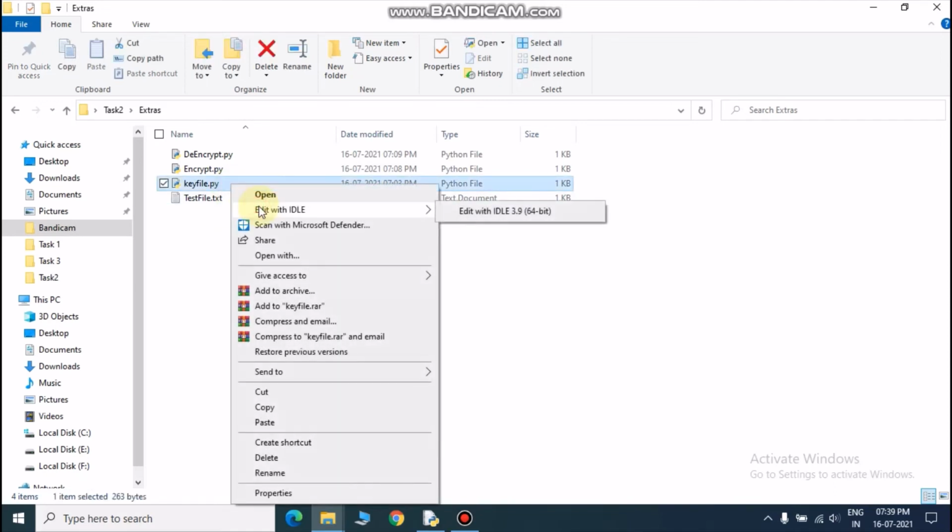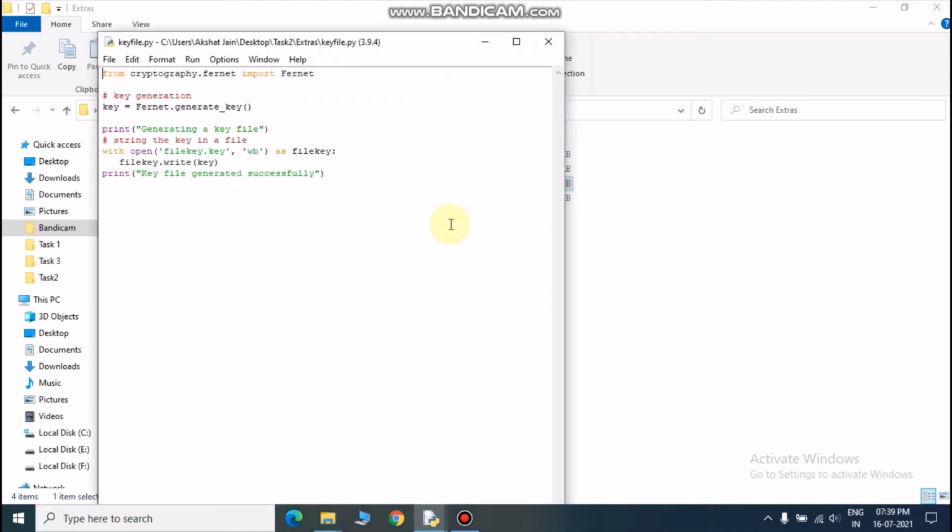In cryptography, first we have to create a key file. That key file will help us encrypt the data and decrypt the data. So you must first install the module via pip. You can use pip install cryptography in your command prompt, and if you are using any other software like PyCharm or Anaconda, then there are other ways to do it, like conda install cryptography and so on. I have done it via CMD by using this command.